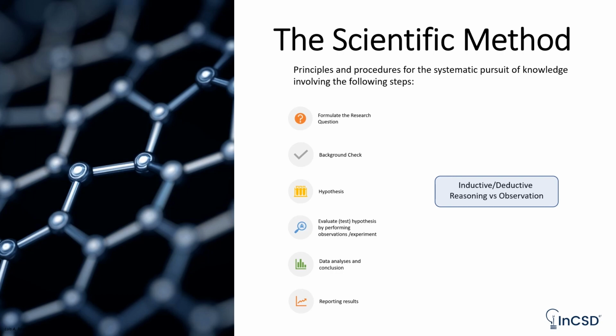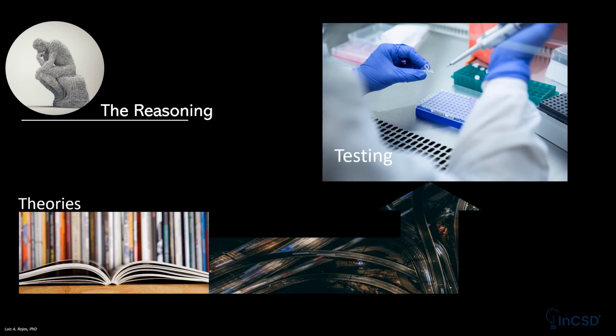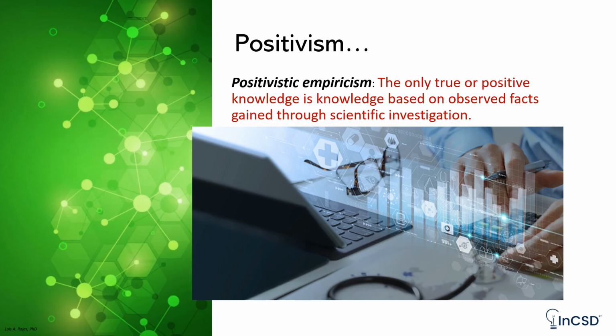Let's evaluate for a moment the epistemological frame associated with clinical research, meaning the reasoning style that is almost mandated by default, predominant, which includes how we will approach the theories and methods, the route that we will take to perform our analysis, testing, and to evaluate the results. The answer is quite straightforward, and the epistemic style in clinical research is called positivistic empiricism, which states that true knowledge should be based on observed facts